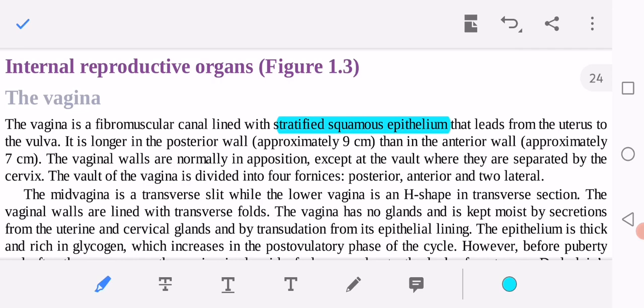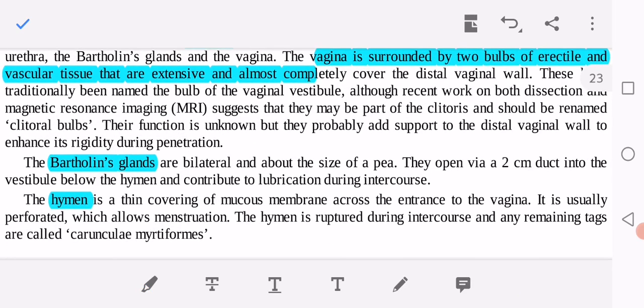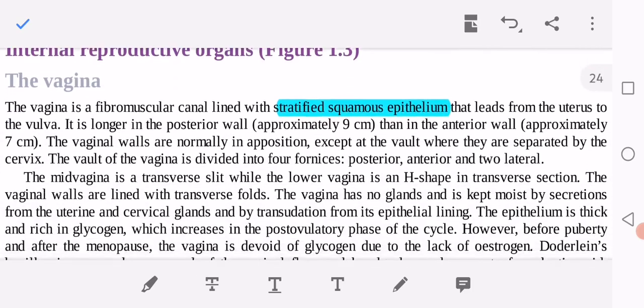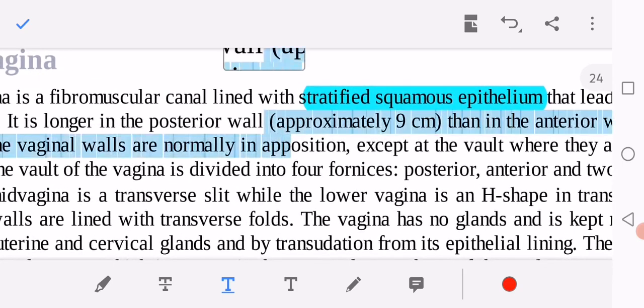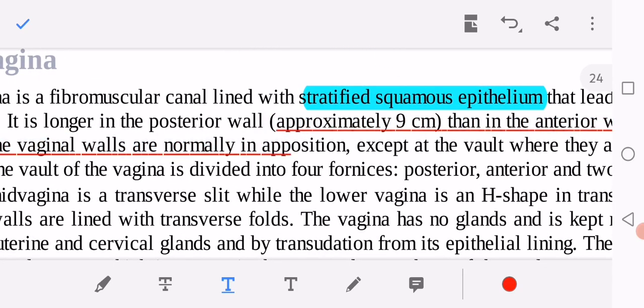This is again an MCQ and it is a longer. और ऊपर जो हमने पढ़ा था उसमें से जो बार्थोलिन ग्लैंड्स की लोकेशन है ना, this also they can ask in MCQ, ठीक है. 7 centimeter, 9 centimeter, this is again very important point for the MCQ, कि posterior wall is 9 centimeter and the anterior wall is 7 centimeter.